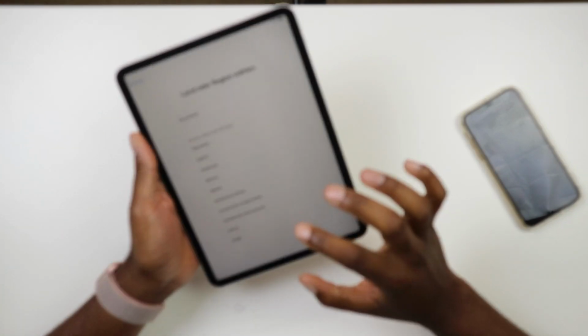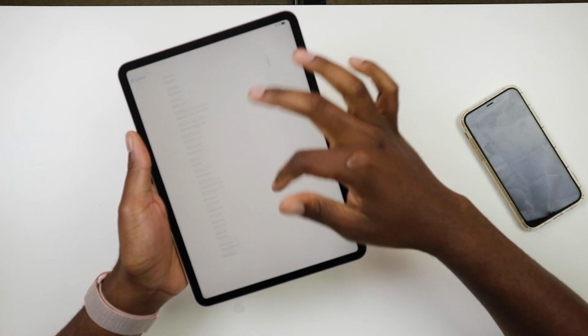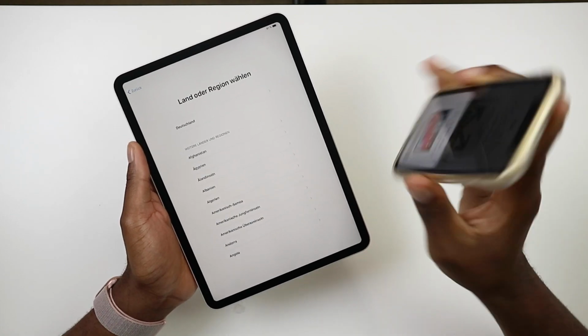And one thing I haven't mentioned about the screen, which I just remembered, is that this has a ProMotion display, which goes up to 120 Hertz when you are navigating. As you can see, it's quite smooth and fast at the same time. So now it's asking me to set up the new iPad. I'm gonna go ahead and set up this new iPad, and I will catch you guys on the follow-up video